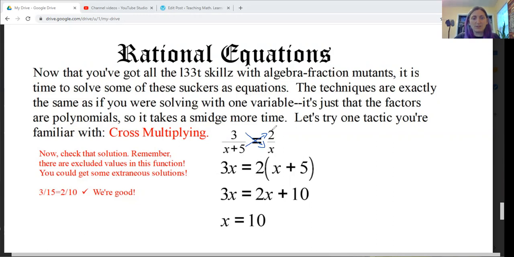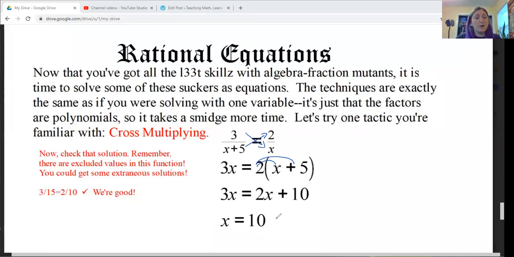X plus 5 times 2, you have to distribute: 2x plus 10. I even set it up for you so you saw the in-between step. I skipped the steps in between because by this point, subtract your 2x, you got